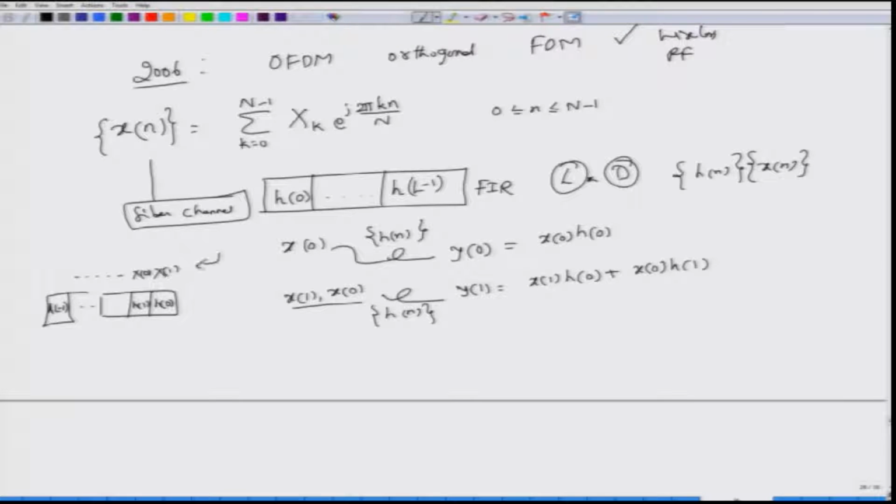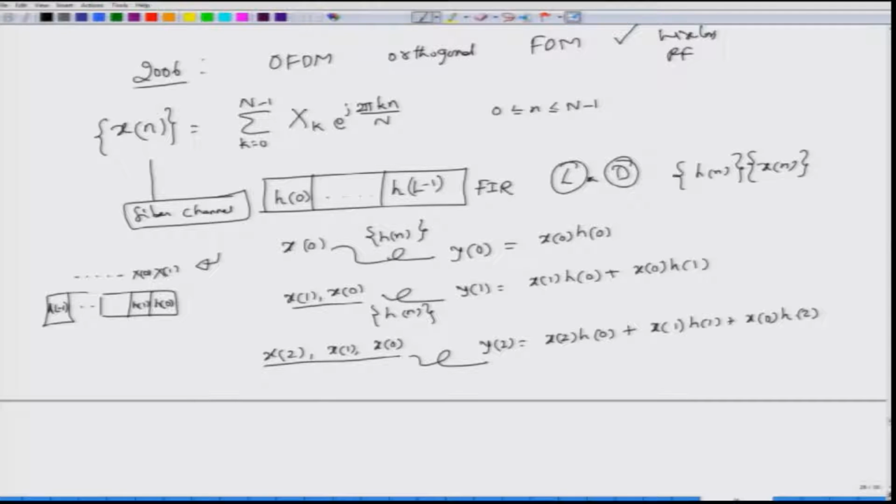Next, as the inputs enter here, I am sorry I took a right to left kind of a system, but you could actually take it the other way around, it does not matter. So, in the next sample when it enters, you have x of 2, x of 1 and x of 0. These 3 samples are entering the fiber, and what you get at y of 2 will be x of 2 h of 0 plus x of 1 h of 1